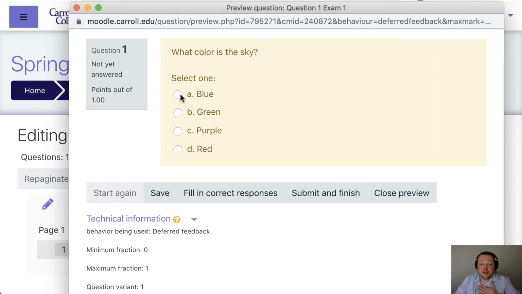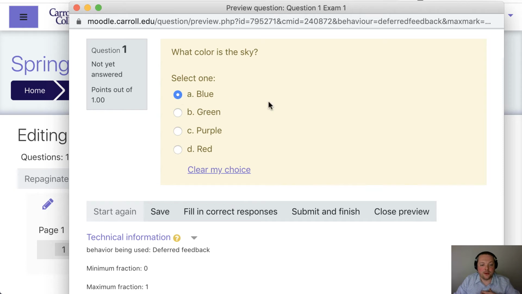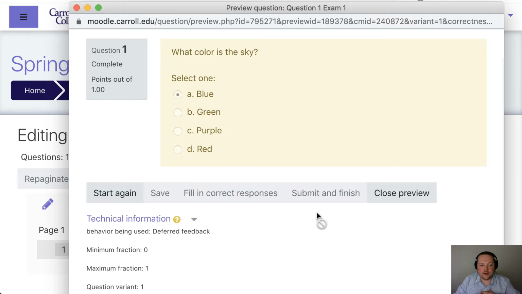So if I am a student, I'm looking at this question and I select blue, I click submit and finish, and you'll see that I get no feedback. It doesn't show me what the correct answer is. It doesn't give me any feedback one way or another, because if you'll remember from the setup tutorial, we set this quiz up not to give any feedback at all to the students, just to have them submit their answers and see nothing afterwards. So I'm going to go ahead and click close preview